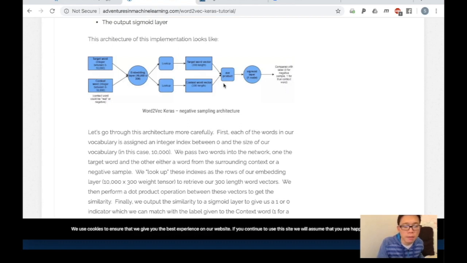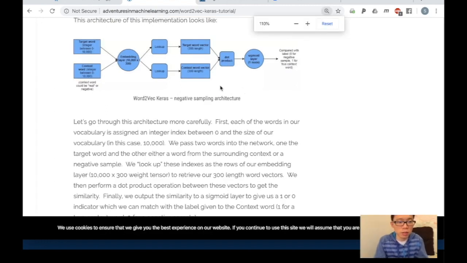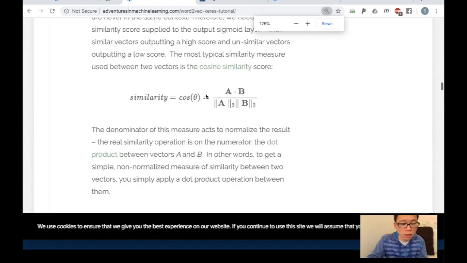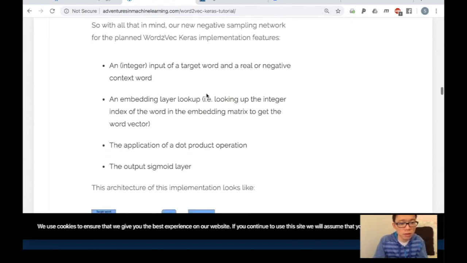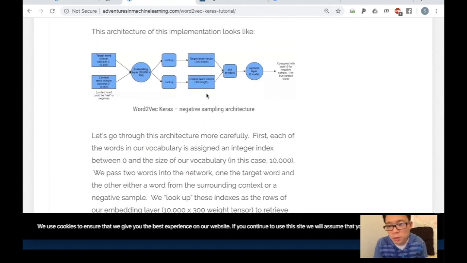Yes or no. And then you put in random other words from the dictionary instead of the context word for negative samples. So that's why it's called the negative sampling architecture. Sorry, I'll make this a little bit bigger. It's not that much bigger, but anyways, you get the idea. You're putting a target word and a context word together and saying yes or no, is it in the same context or not?